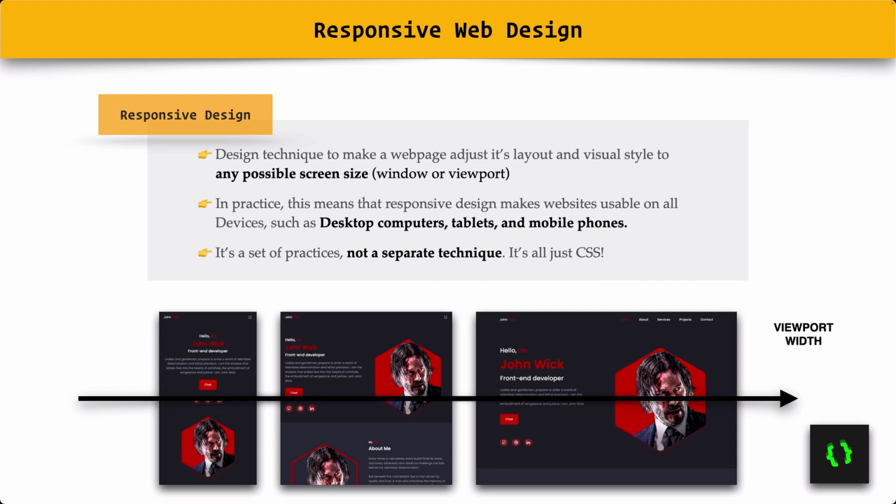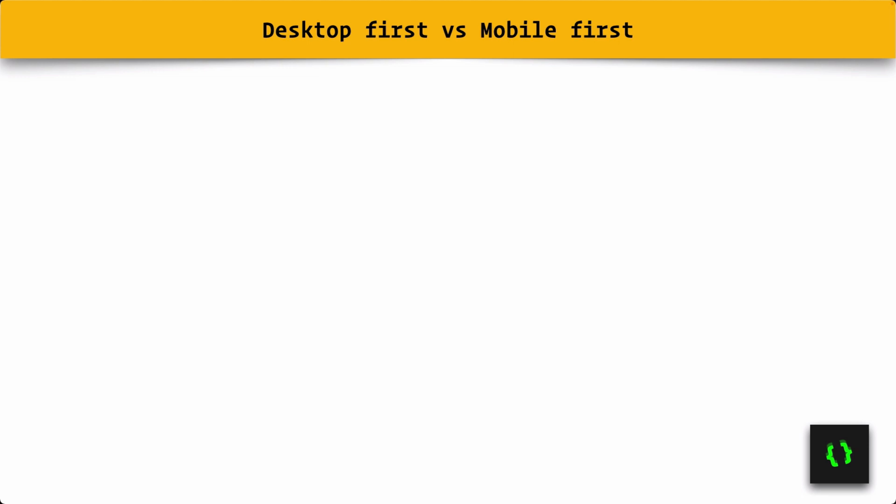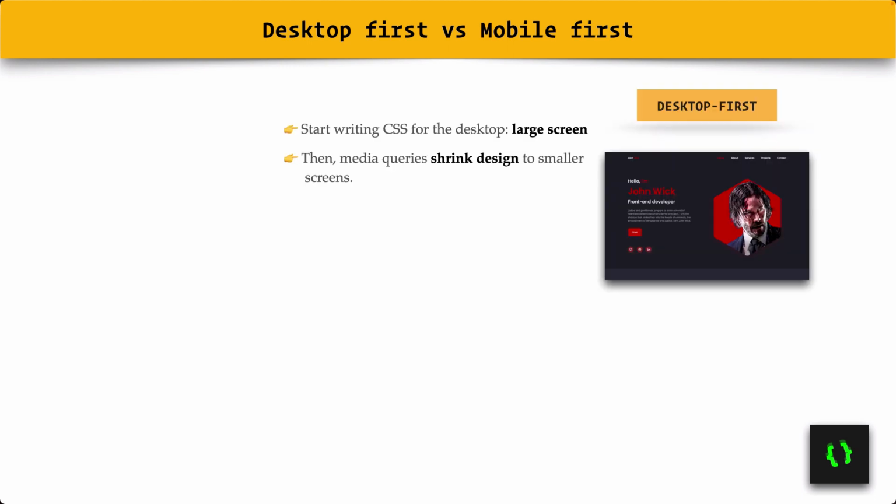Now, finally, we also need to talk about the two opposite strategies of building responsive sites with CSS. So the first one is the desktop first approach, in which we optimize our interface for large screens, and therefore we start writing CSS for these large screens into our main CSS file, and then later when we actually want to make the website responsive, we simply write media queries